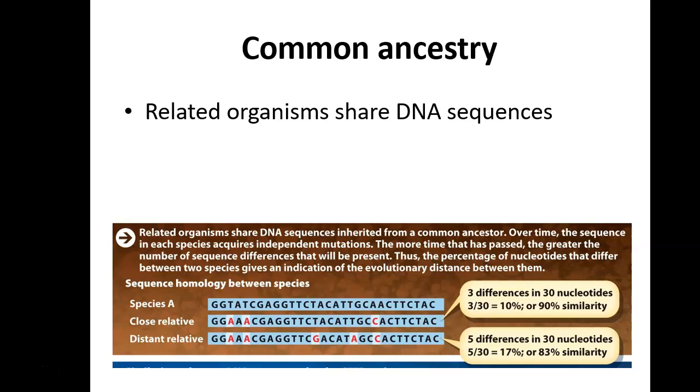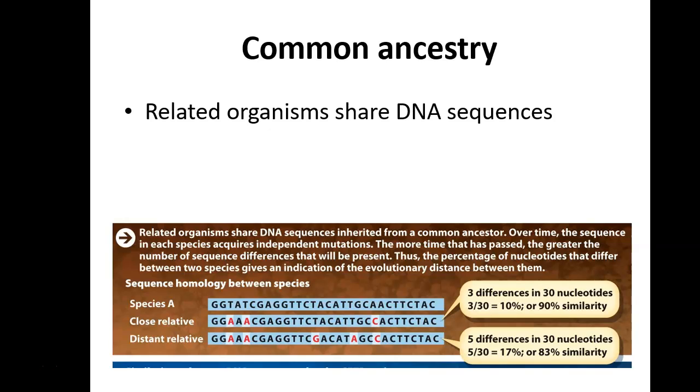All right, DNA is one of the last pieces of evidence, one of the most recent, where we can really see how closely related two organisms are to one another. So basically, if you're using DNA as a way of analyzing evolution or how closely two organisms are related, you're sequencing the base pairs: the guanine, cytosine, adenine, thymine. And the more similarities that one species has with another, the more closely they're related.